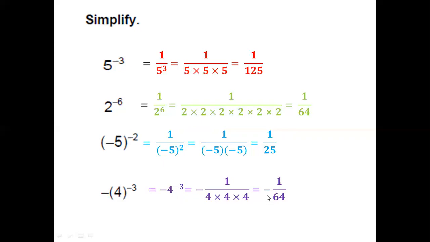Now, why did we have a negative sign? Because both the base as well as the integer exponent have negatives. So our answer is going to be in negative form as well. Now, do not get confused with these two. They are two different kinds of questions. This is without the parenthesis. This is with the parenthesis. So if they are without the parenthesis, the answer will definitely have a negative sign.